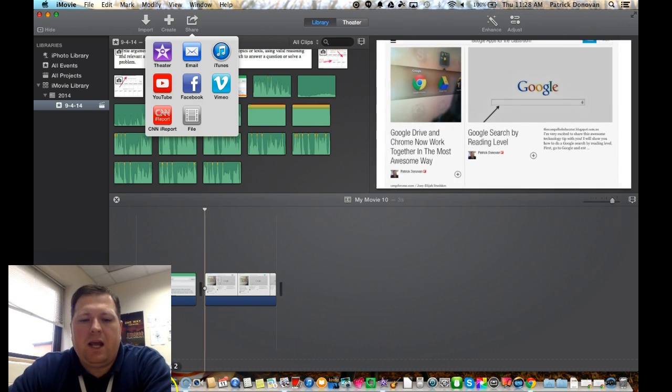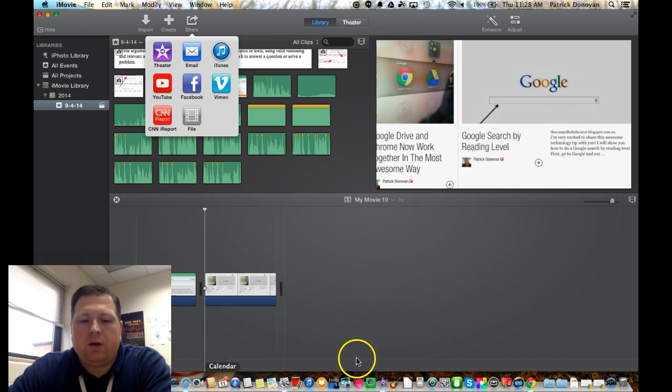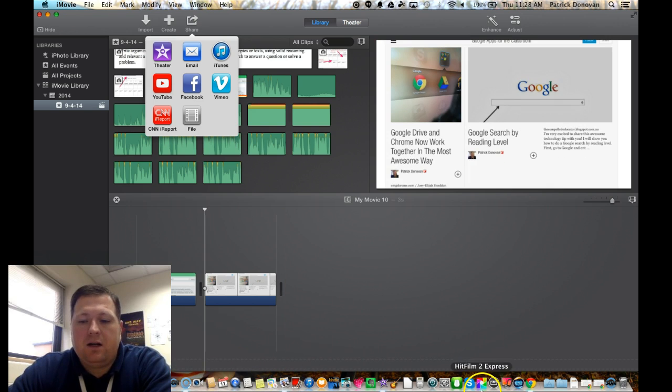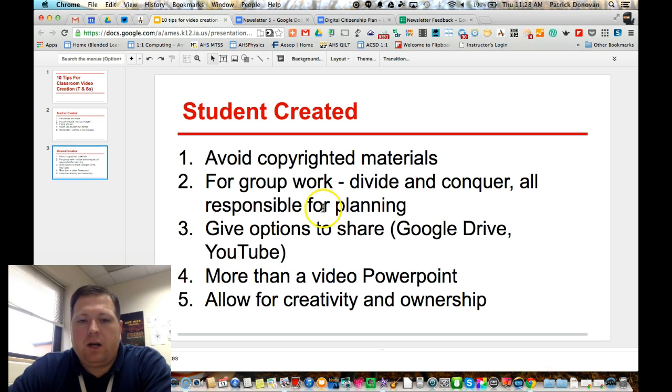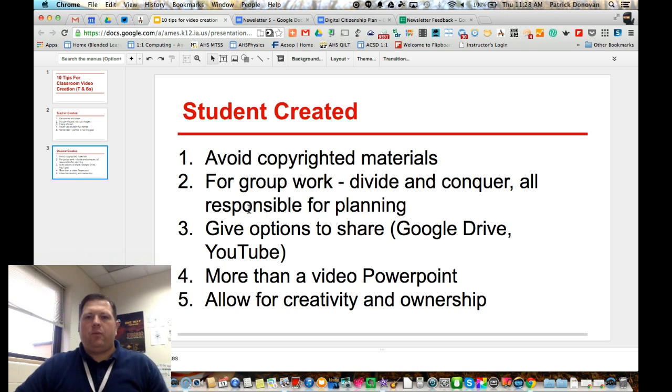So pretty much, and this is kind of where it's important, they need to divide and conquer. This is where they need to plan out as a group who's going to do what, what's the theme, what kind of music are we going to use, what kind of transitions are we going to use, how long does each section need to be if time is a component that they need to worry about. And then they need to divide and conquer, do their own work, but work together, work in a group next to each other, but then they can work on this at home, outside of class, and they can bring it